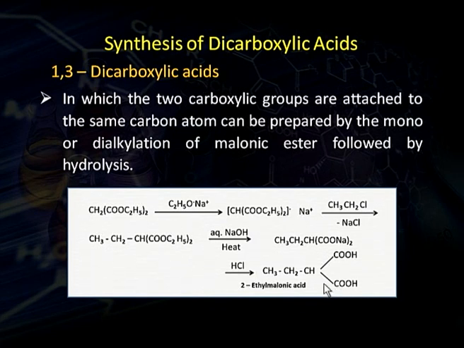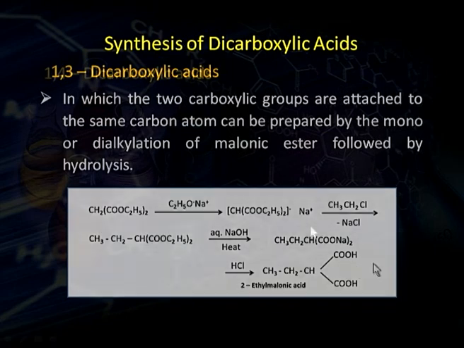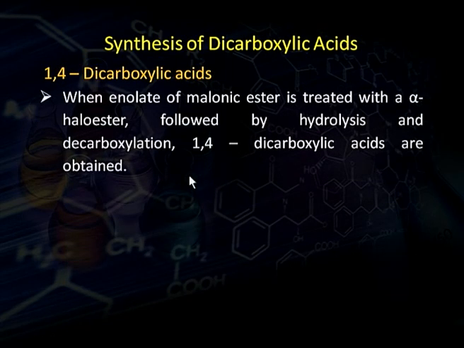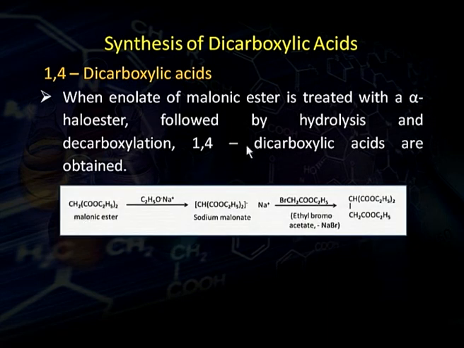By this method we have got 1,3-dicarboxylic acid. In this case there is no need to decarboxylate. In a similar way, we can also synthesize 1,4-dicarboxylic acid. When enolate of malonic ester is treated with alpha halo ester followed by hydrolysis and decarboxylation,